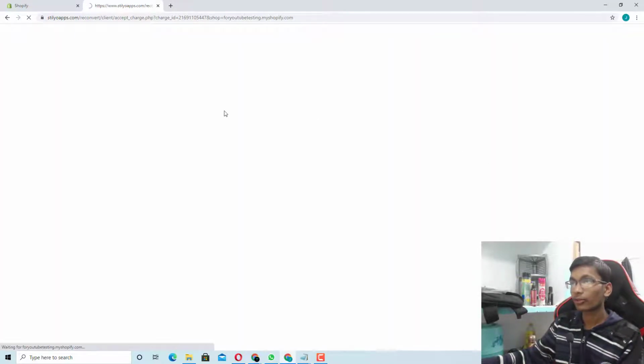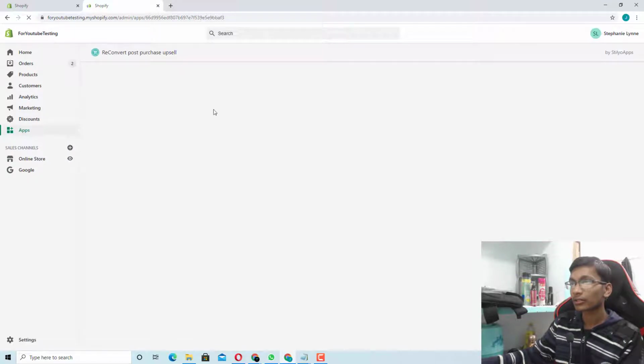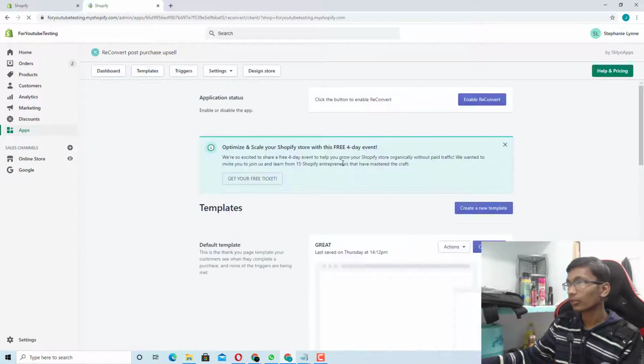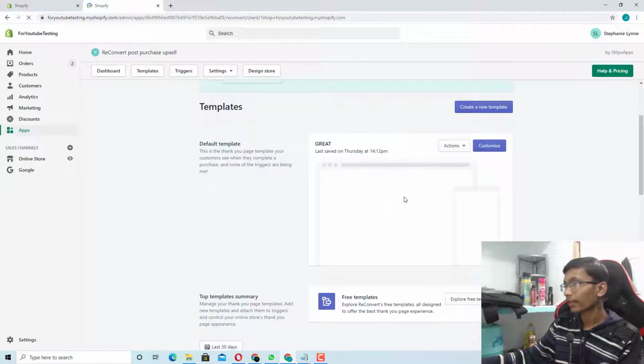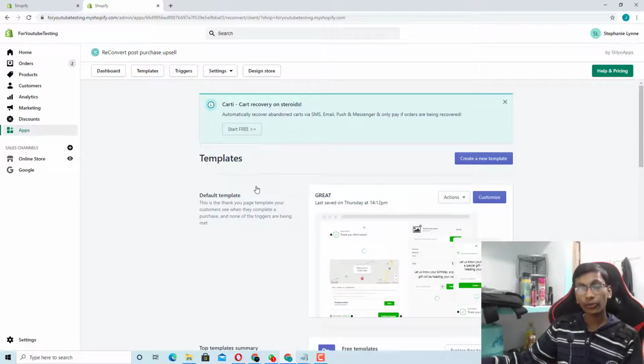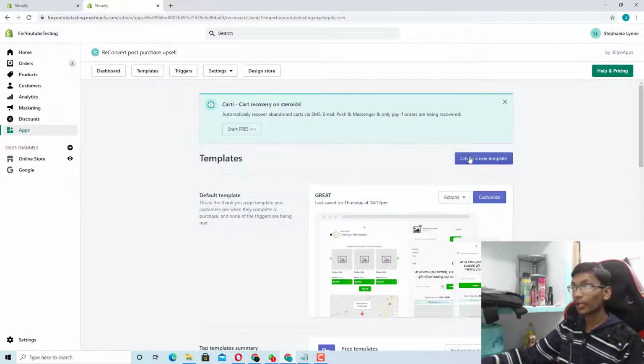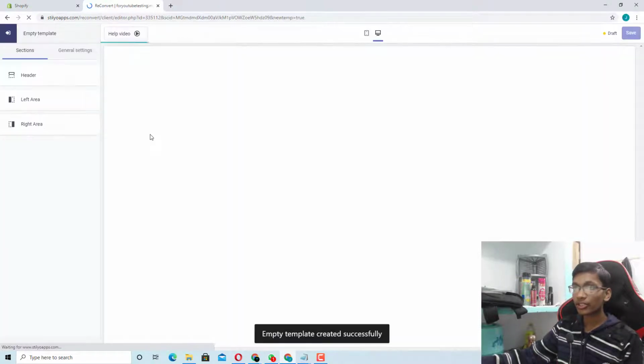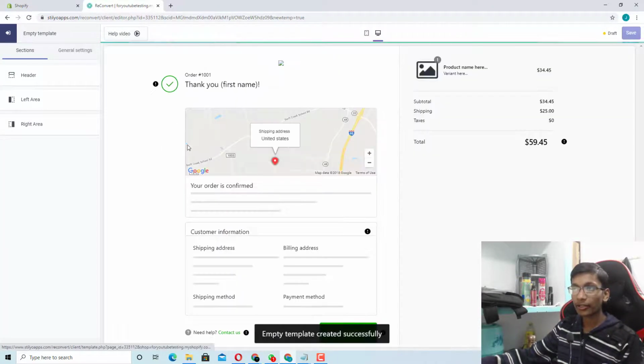So we'll move on and go on to the setup. As you can see here, enable Reconvert. If you want to make your own template, you can create your own template by simply clicking here, and you can customize your template on the thank you page